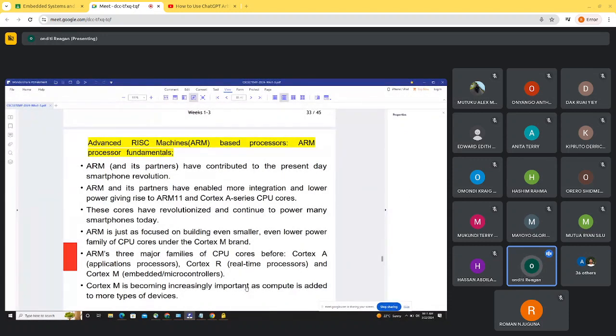So when you look at your smartphone, more so the Apple smartphones, they have been developed in such a way that